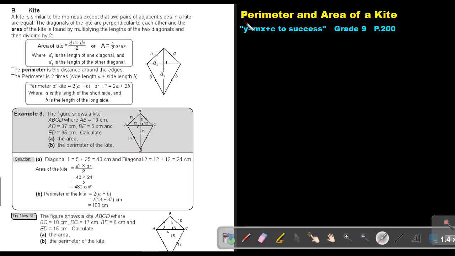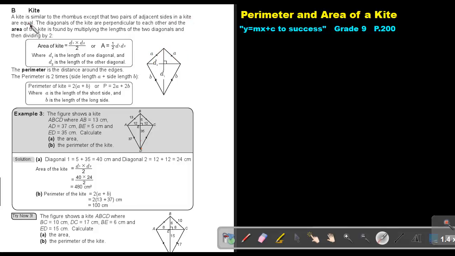Part 3. The perimeter and area of a kite. You will find this on page 200 in the Namibia Mathematics Grade 9 textbook. A kite is similar to the rhombus, except that two pairs of adjacent sides